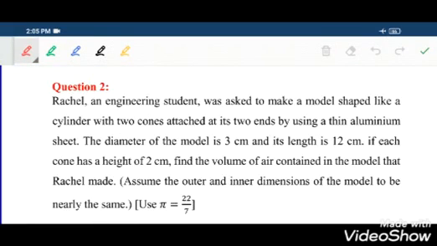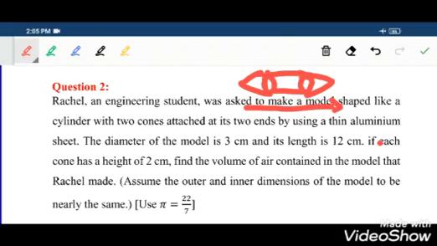So it can be made of 1 cylinder and 2 cones. So it's the cylindrical part and at the end, it seems to be attached with a cone. So this is the rough diagram I have shown. So the total figure, the total length they have given, it seems to be 12 centimeter. So what is the height of the cone?